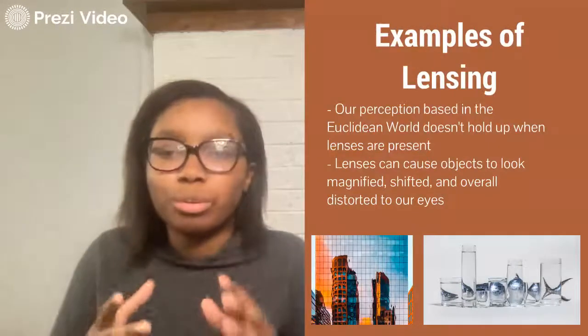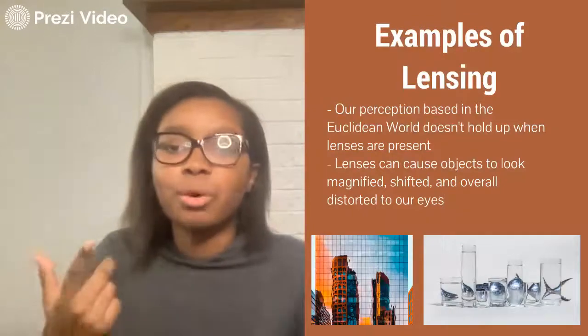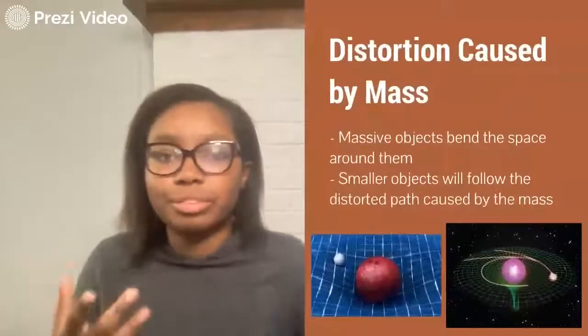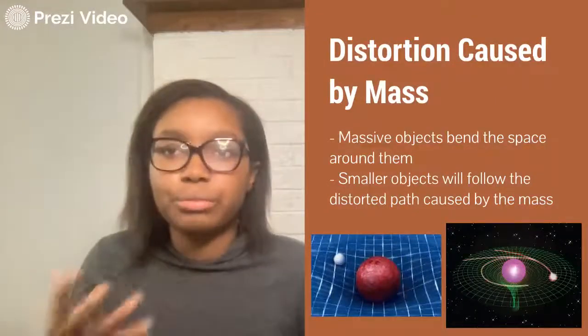So, if you're looking into a pool, you'll notice that the world around you seems warped. Lenses can cause objects to look magnified, shifted, or distorted to our eyes. Distortion can also occur in the presence of massive objects. Massive objects are going to bend the space around them, and smaller objects are often going to follow this distorted